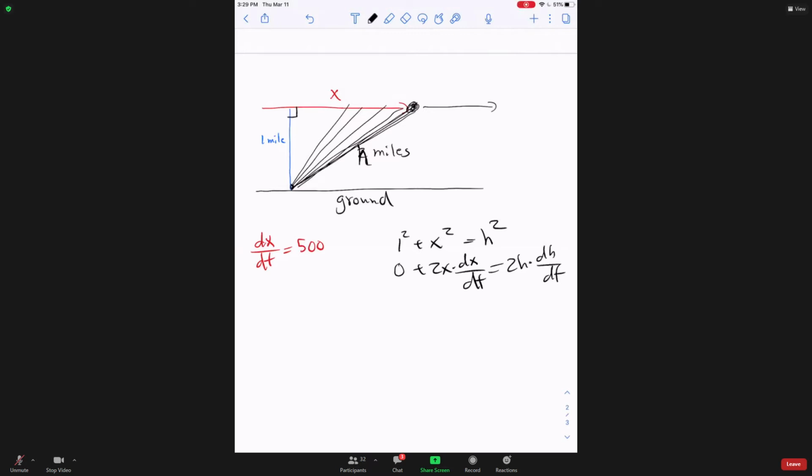Then we're going to solve for dh over dt. But before we do that, when h equals 2, what is x? Well, 1 squared plus x squared equals 2 squared. So x squared equals 3, x equals square root of 3. So you plug in x squared over 3, h equals 2, and you know what dx over dt is,